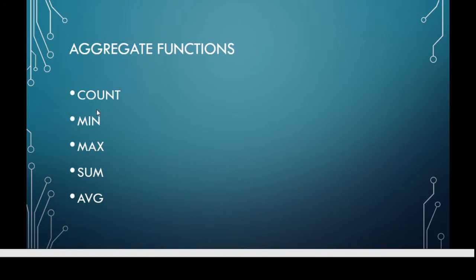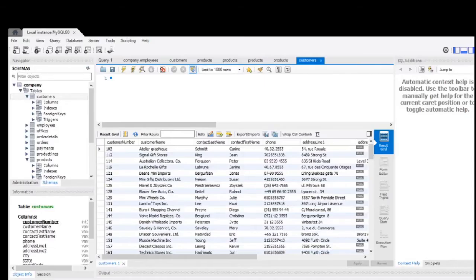Okay, so we'll have an example for these aggregate functions using our classic models table. So using our classic models, we have tables, customers, employees, offices, order details, orders, payments, product lines, and products. So we can make or use the aggregate functions. So we'll use the customer table. So for example, we have this one, select